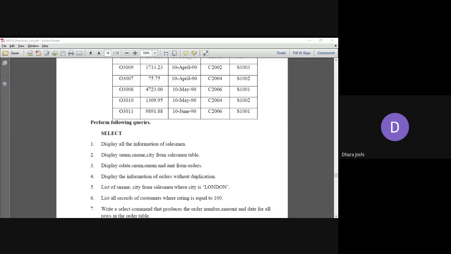Okay, who has the solution for the fifth query?